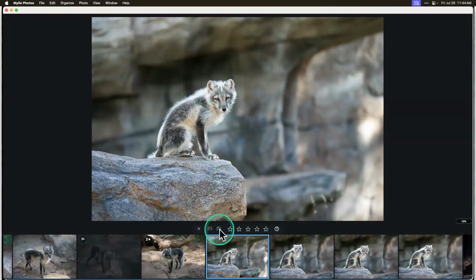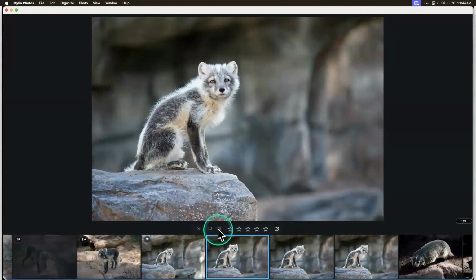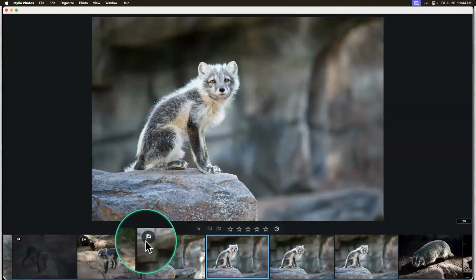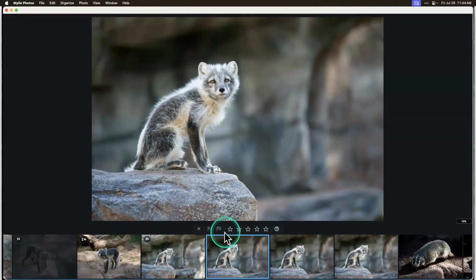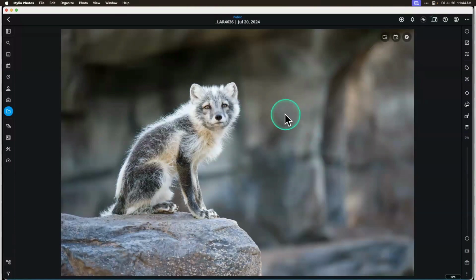I'm going to go ahead and choose the pick flag. So I can choose P for pick. And as you'll notice, there's a little pick flag here. And I can go back and apply star ratings if I want. But again, this is a quick way to go through to add your hide, pick, and your star ratings. And that is QuickReview. To get out of QuickReview, simply click on the escape key, and it'll take you back